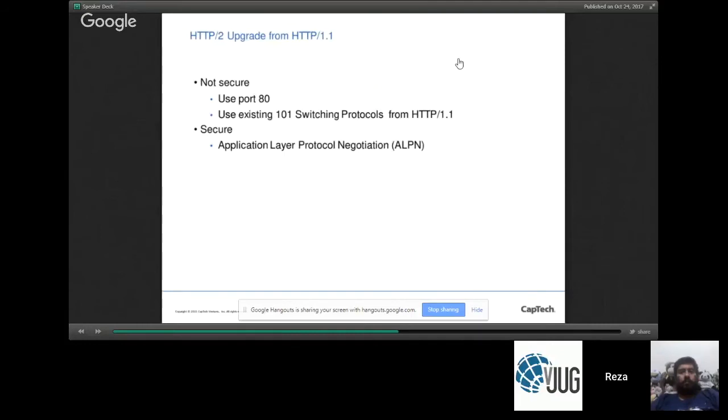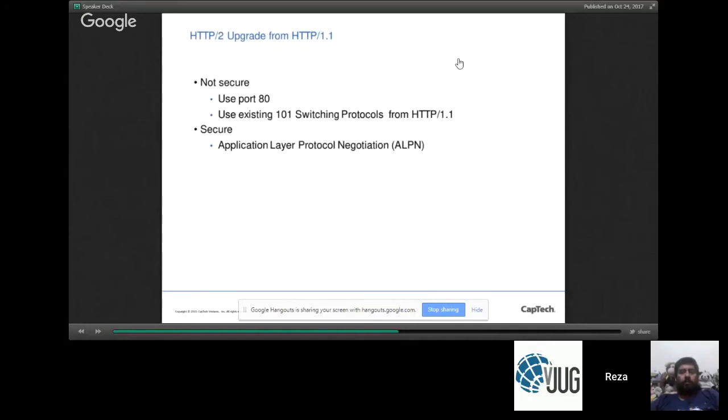So basically what happens here is that the default assumption is that you're always going to use HTTP 1.1. However, the client itself, if it supports HTTP 2.0, will request HTTP 2.0 and say, hey, I want HTTP 2.0. And if the server also supports HTTP 2.0, then it will say, yes, I also can speak HTTP 2.0. So now let's switch our protocol from HTTP 1.1 to HTTP 2.0.